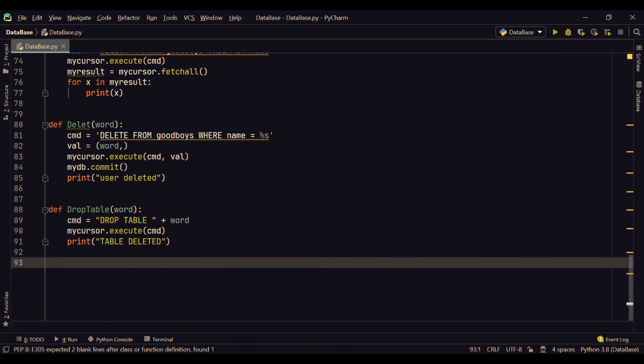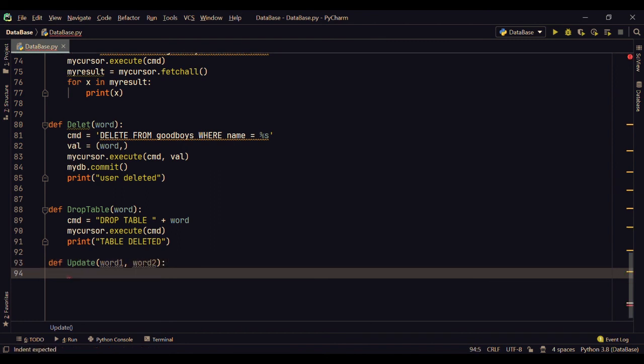Now, the last thing we have to do with our database, updating our database, like changing the name of Mr. Stark or changing his phone number. Either right, we don't want to delete it again and create it again, it would be hard. So we want to update our database, right? The last function we are going to learn in this video is this update function. We are going to get two words, first word and second word. You will see what each of them are. Now our command is